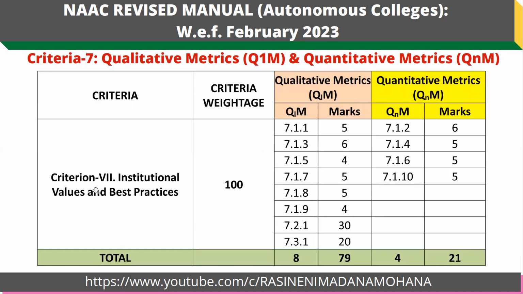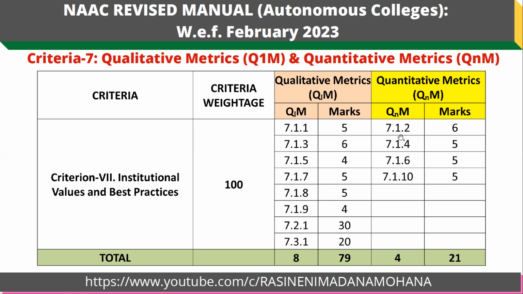Then the last criterion, seventh criterion, institutional values and best practices, total weightage is 100, which consists of 8 qualitative matrices with 79 weightage, then 4 quantitative matrices with 21 weightage. The first qualitative metric is 7.1.1, 5 weightage, then 7.1.3, 6 weightage, then 7.1.5, 4 weightage, then 7.1.7, 5 weightage, then 7.1.8, 5 weightage, then 7.1.9, 4 weightage, then 7.2.1, 30 weightage, then 7.3.1, 20 weightage, total 8 qualitative matrices with